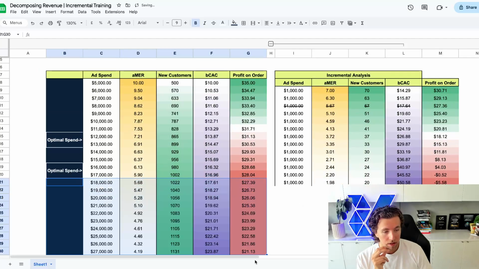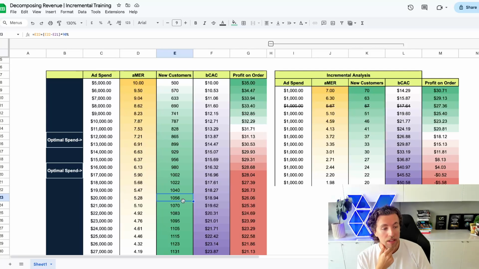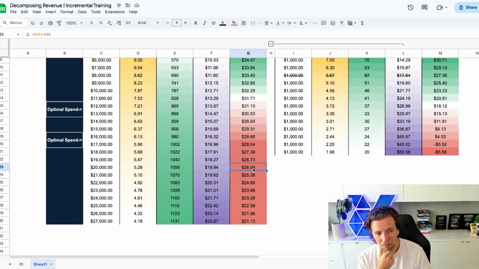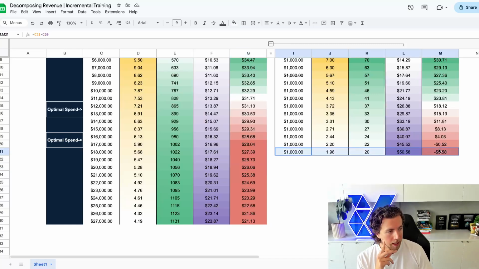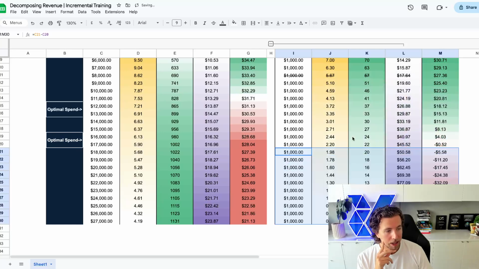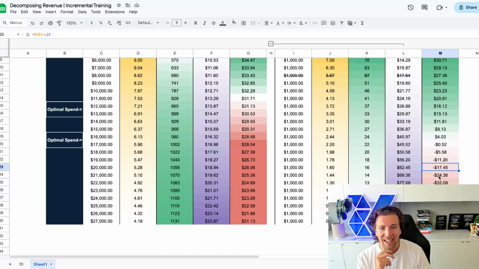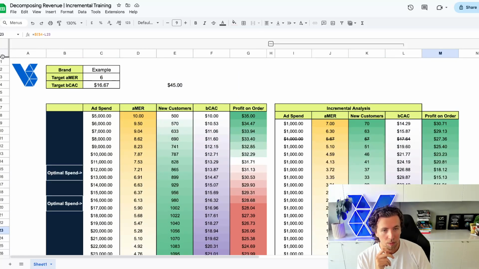I would be happy to jump up to $20K in spend and acquire an extra 1,000 customers a month and take a hit of $2 per order. That's fine. And most people look at that and they go, yeah, that's okay, $2 in profit per order, but we get way more customers. Okay, those customers might repeat buy. We have a bigger customer database. That might be an exchange that we want. But what they don't realize is when we go over to the incremental side of things, if they go up to $20,000 in spend, the jump from 19 to 20, these customers are being acquired at a $17 loss. And so what that ends up meaning here